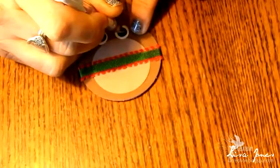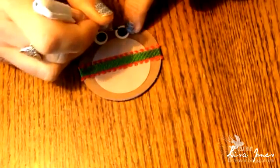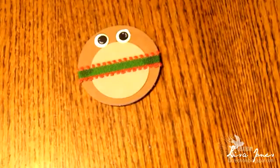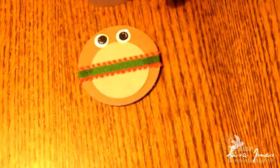So I'm going to add a little more. Make those a little darker. Didn't feel that they were really popping out. There we go. So that's done. Now we want to do the muzzle. And I actually did the muzzle with a pop dot. And I want to...